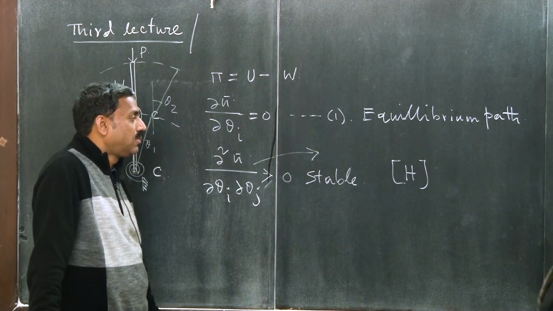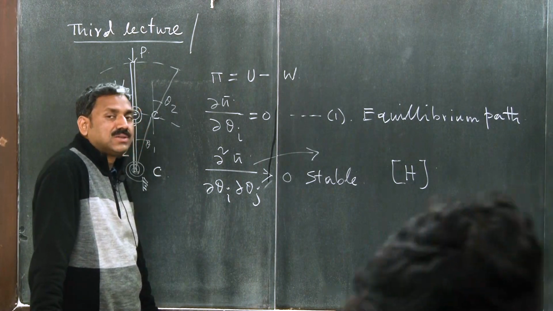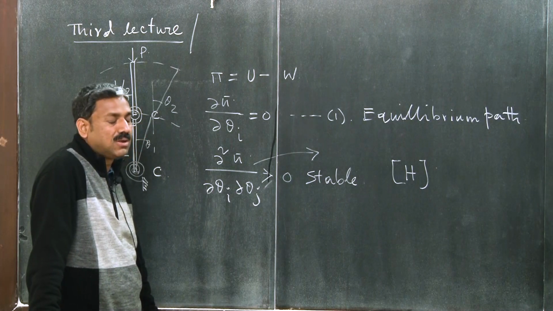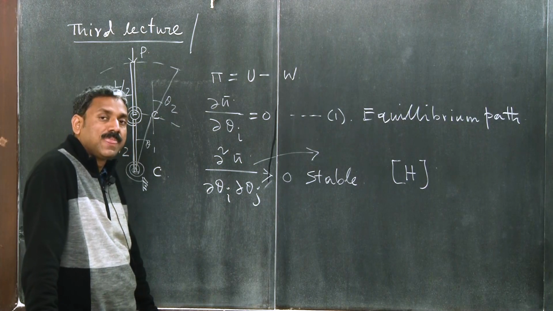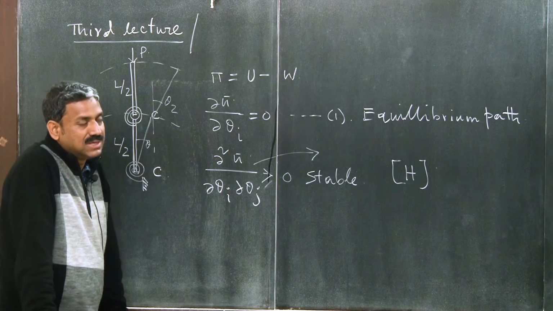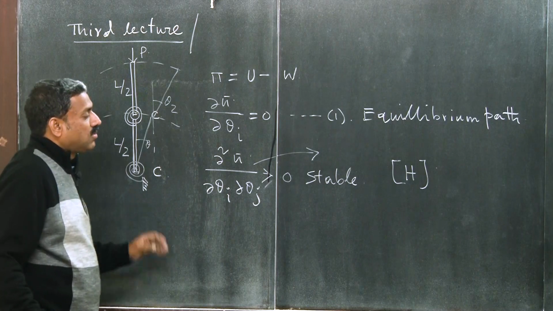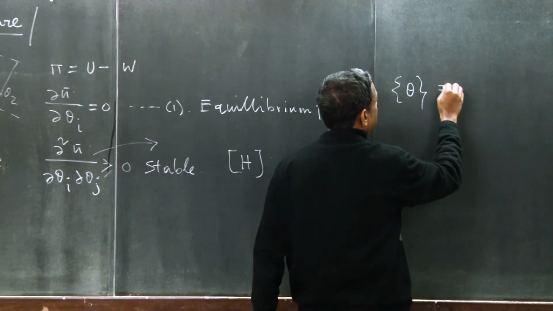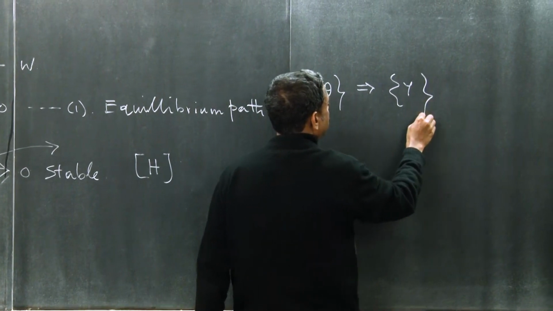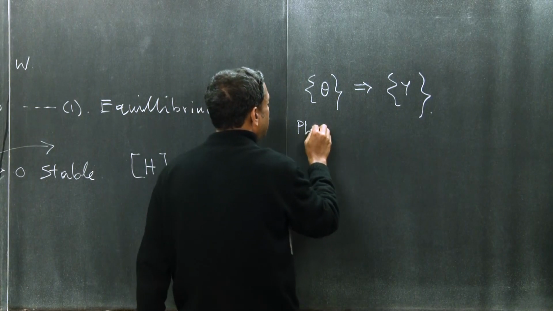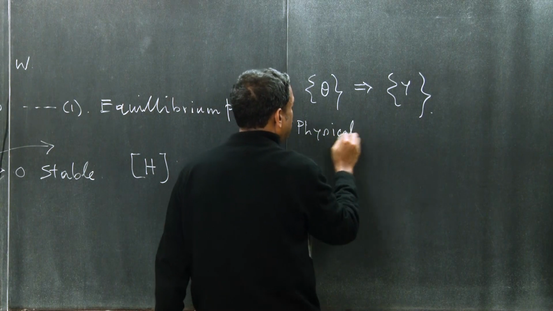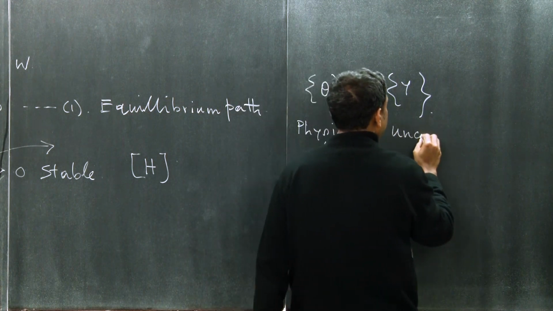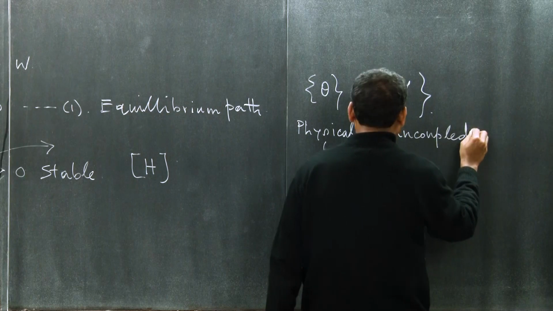We obtain 2 critical loads, and each critical load is associated with something analogous to a mode shape. We call them buckling mode shapes, and those buckling mode shapes serve as a legitimate basis. So from the physical coordinate theta, we can go to an uncoupled coordinate. So this is the physical coordinate, right? Physical degree of freedom, and we can go to an uncoupled degree of freedom, uncoupled coordinate,